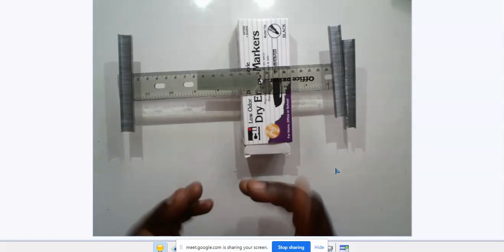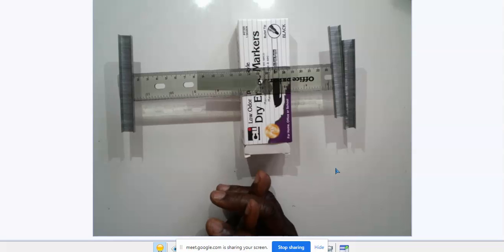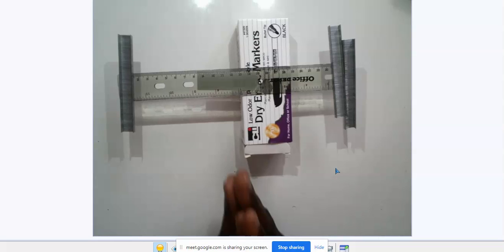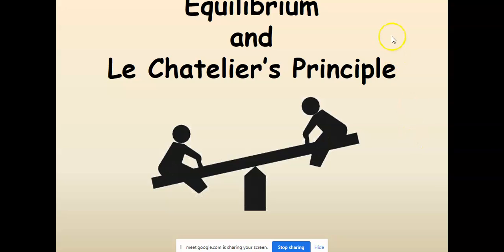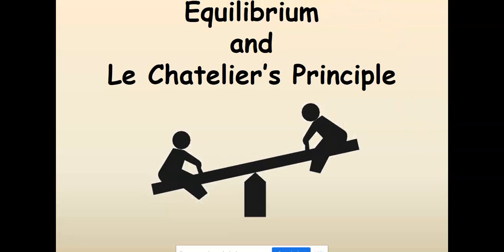That in any system, if a system is disturbed, equilibrium will shift towards the side that is less disadvantaged. That is what Le Chatelier's principle is saying in essence. It says that